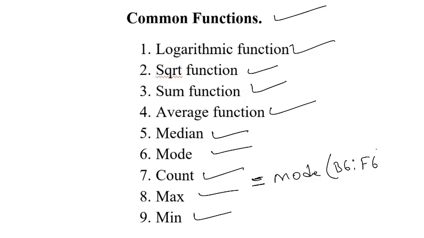B6 to F6. So the row remains the same, and the column goes from B to C, D, E, F. So till those values, what is the mode value? In the same example, if I have to add equals sum B6 to F6. Initially you have to type all the values in the cells, so you have to make a proper table, and then you can make use of any of these functions. It will help you to find out these mathematical aspects very easily.